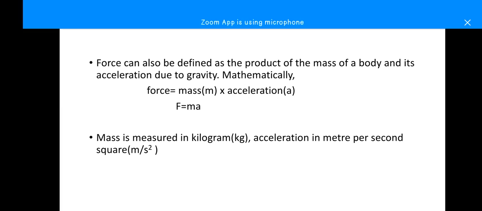So you have mass being measured in kilogram, then acceleration measured in meter per second squared. So when you multiply the two together, you have kilogram meter per second squared, or Newton. So these are worked examples. So you have an object of mass 4 kilogram that undergoes a uniform acceleration of 25 meter per